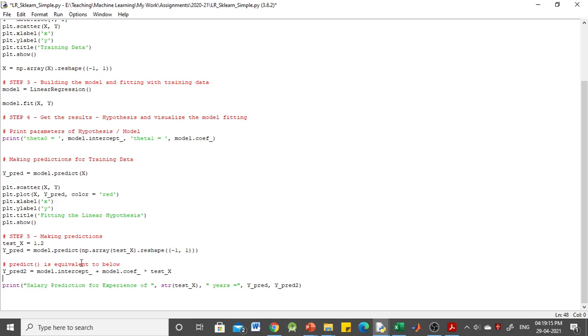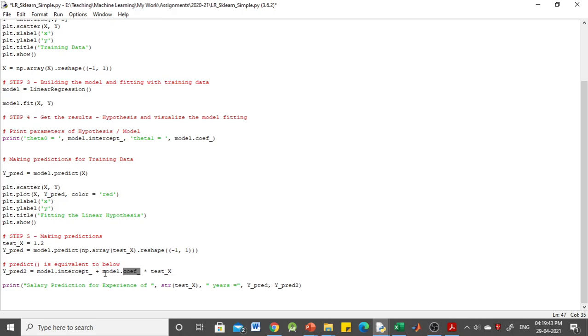The other way to predict the salary in this example is that we have got the parameters theta 0 and theta 1. We may use these parameters individually to compute the predicted value. So h theta x equals theta 0 plus theta 1 x, where this is my theta 0, this is my theta 1, and x is this test x.